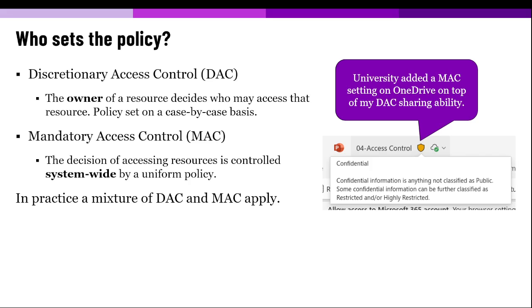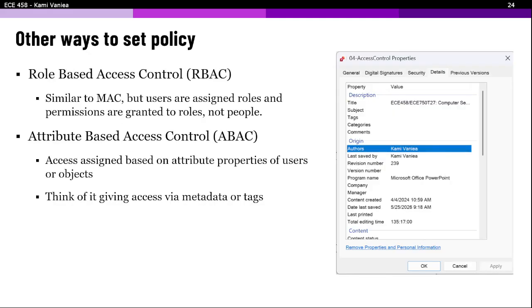Okay, so MAC is kind of top down, discretionary is top up. These are the two classic examples. You'll find these in most textbooks. I'm going to throw two more out at you. These are two different approaches. So for a while we thought it was only MAC and DAC. And then after a bit we said,